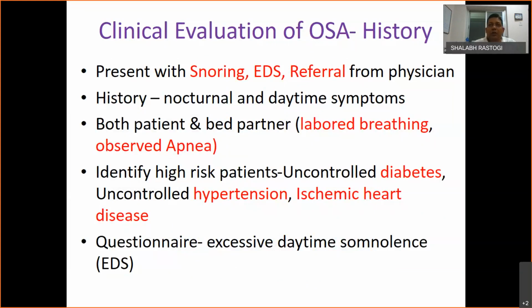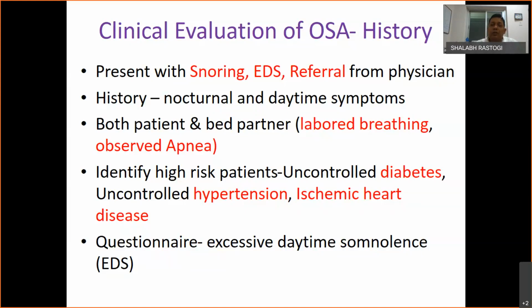Up till now, I told you the pathophysiology of the disease and why it happens, when it happens, how it affects the various functions of the body, and what symptoms it causes. Now, let us talk about if such patients come to your OPD, or if such patients might be your relative, then how will you further investigate or evaluate that patient? The patient might be coming to you with the symptoms of snoring, excessive daytime sleepiness, or it might be a referral from your fellow physician. So, what history should you elicit?